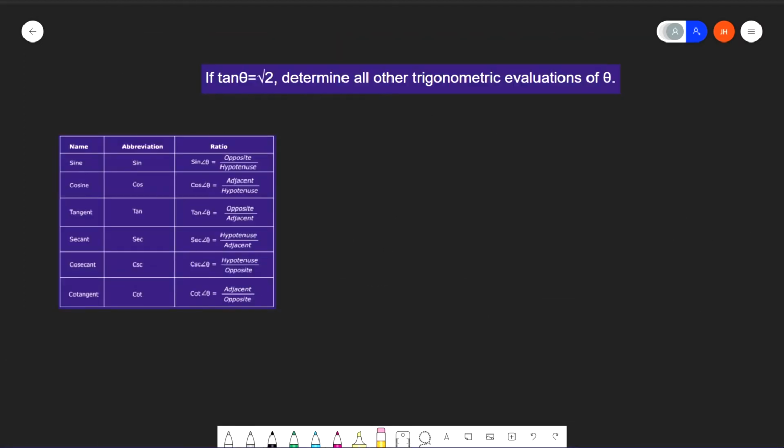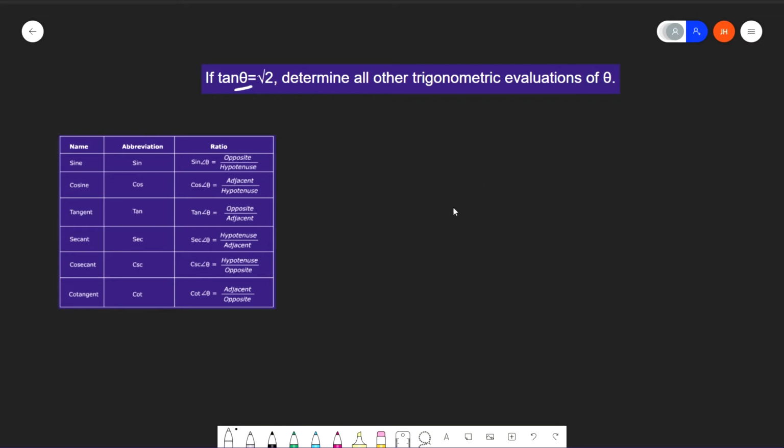So this second problem is a little bit odd because I've been given the evaluation of a trig function for some unknown angle theta, right? I do not know what this angle theta is. In fact, I'm actually never going to know in this problem. If I know what tangent is, then I can solve for all the other trigonometric evaluations without ever finding that angle theta. So the way that I'm going to do this is I'm going to draw what we call a